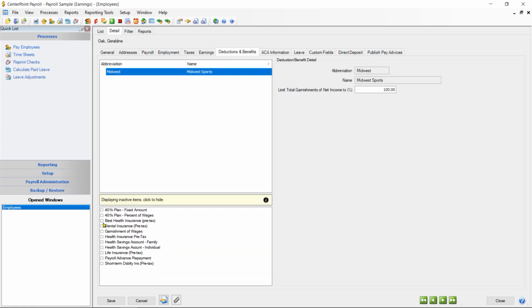And then down below, you'll see all of the different deductions and benefits that you have for this employer. And to add it to an employee, all you have to do is check the box next to it. What'll happen is it'll build a tree over here